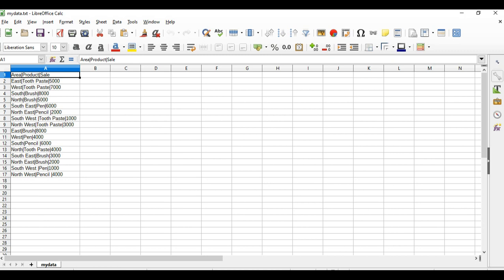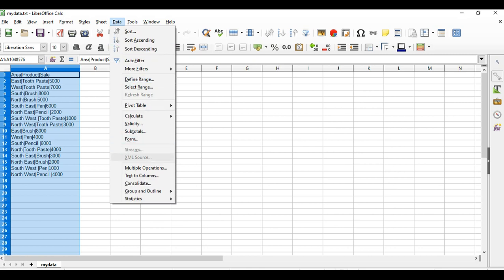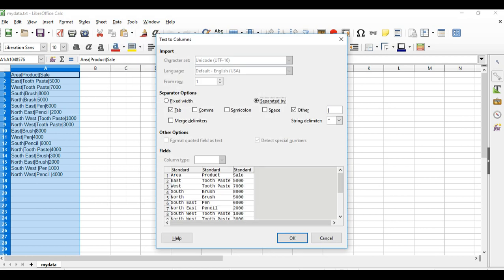Now we want 3 columns because the field delimiter is pipe and we want to see 3 columns instead of just 1 column. So select that column, go to the data menu, and you have the option saying text to columns. Click on text to columns. Now this we are doing for pipe separated data. So here in other we can say pipe, and we can see in preview there are 3 columns: area, product